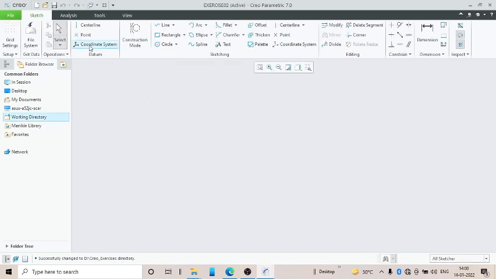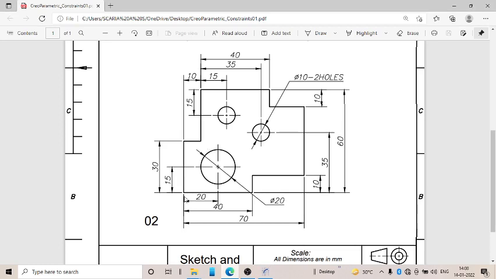The same way we will again add the coordinate system. Click here, place it, okay, then select the line, lock, again one more time select the line and lock it. One more thing, you can add horizontal, so x, y. Now the coordinate system is locked completely. Now we can refer the drawing here.